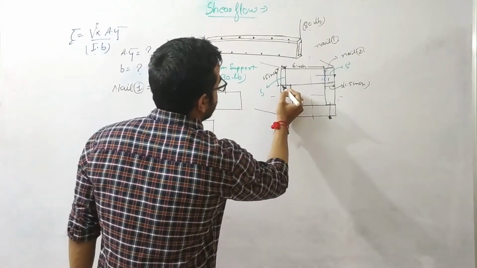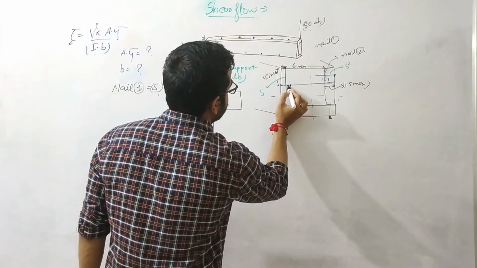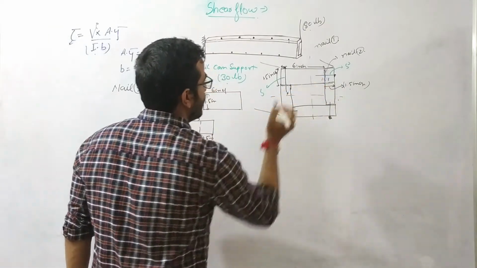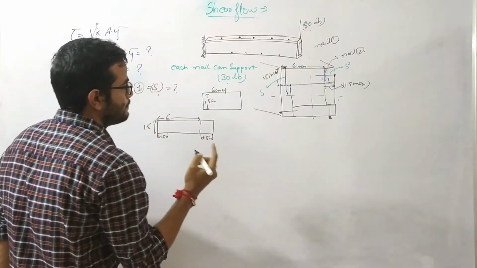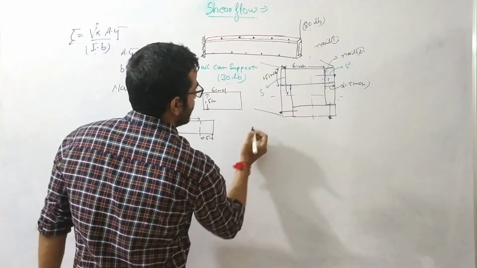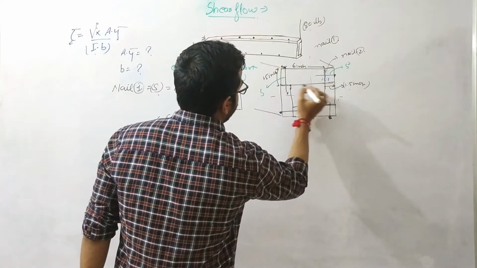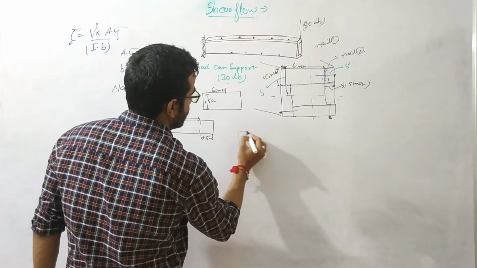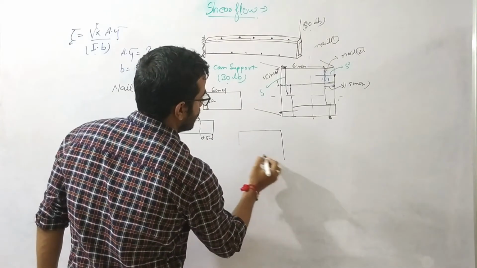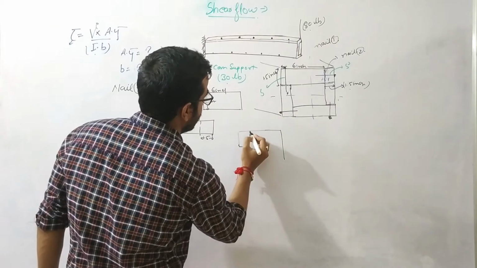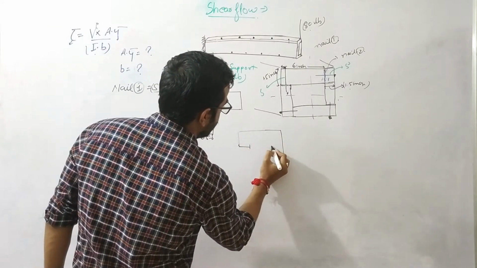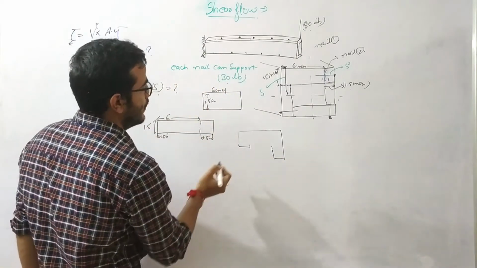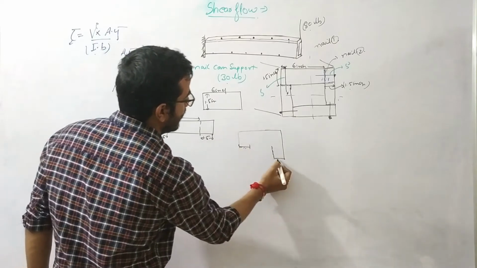Why? Because if I cut at a different section, like let us suppose one section here and one section here, then the shear stress at this plane will be different and the shear stress at this plane will be different. In the first case I have cut the cross section at this location. It's my choice. I can cut the section whatever way I want, for which the calculation will be simple. So let us suppose I cut the section like this. I made a cut over here and I made a cut over here.